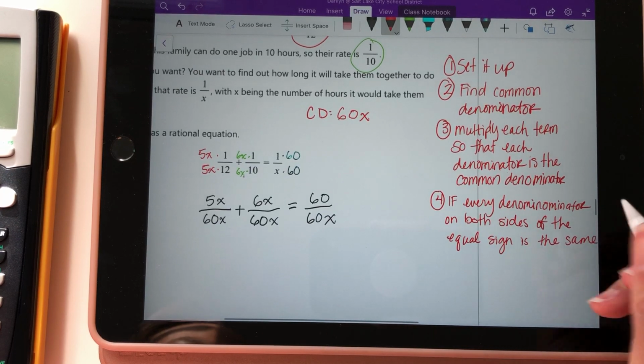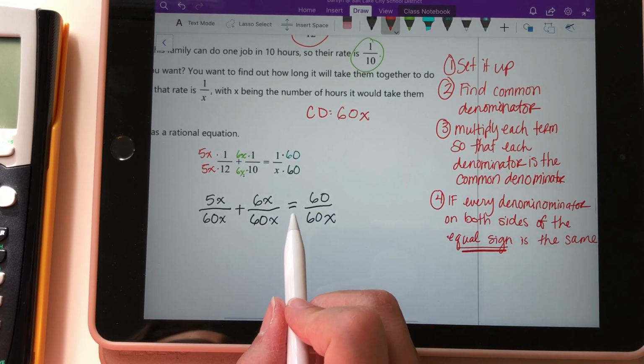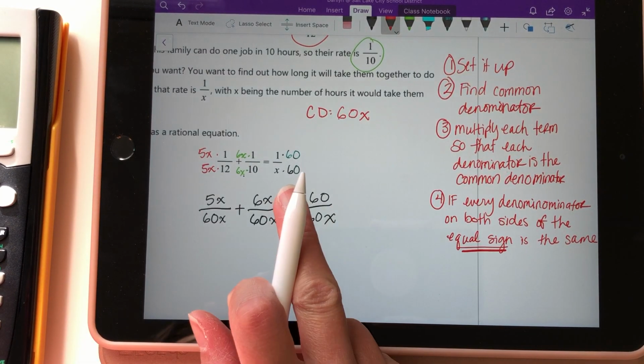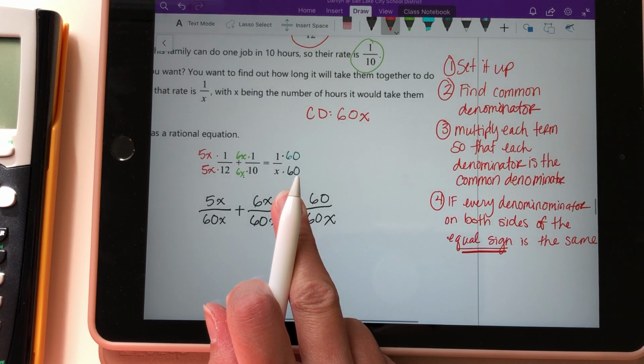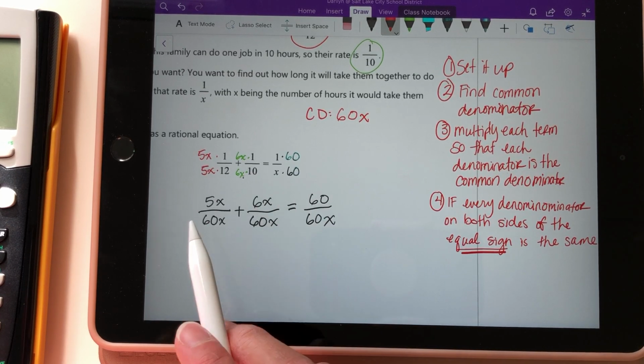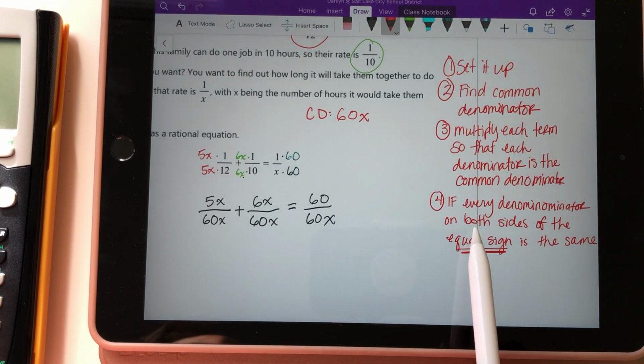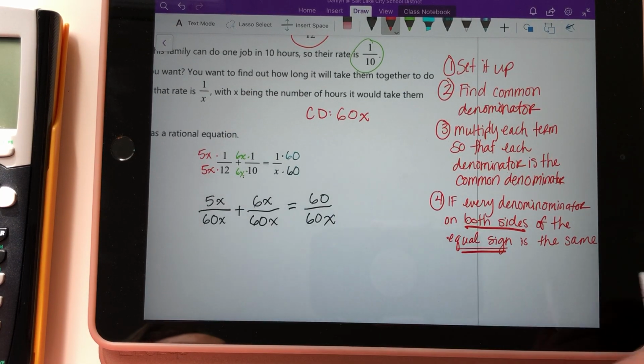And this is really important that it's both sides of the equal sign, meaning there must be an equal sign included there. This doesn't work if there's no equal sign. It doesn't work if it's an expression, which means no equal sign. It has to have an equal sign, and every denominator on both sides of the equal sign has,